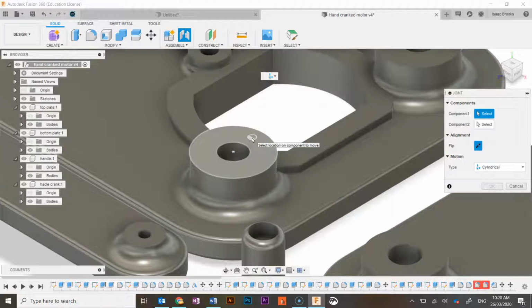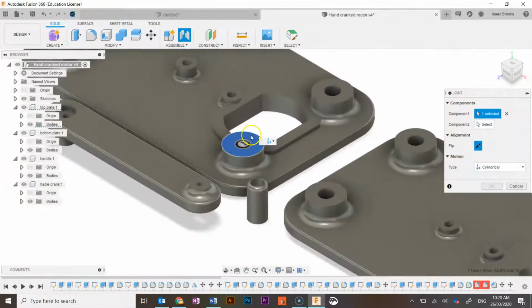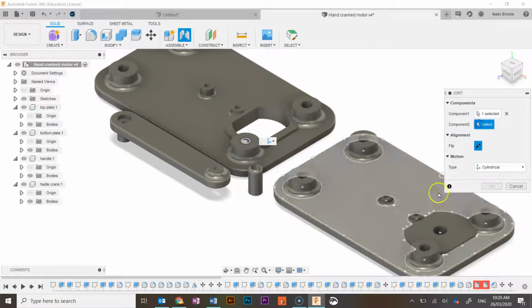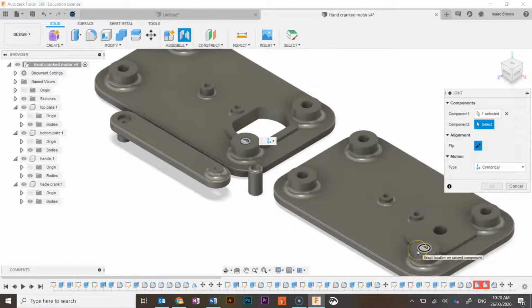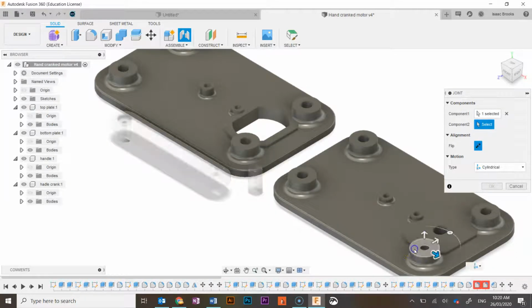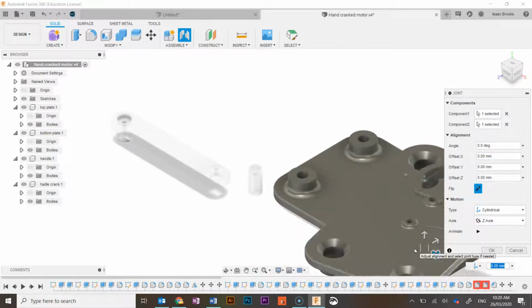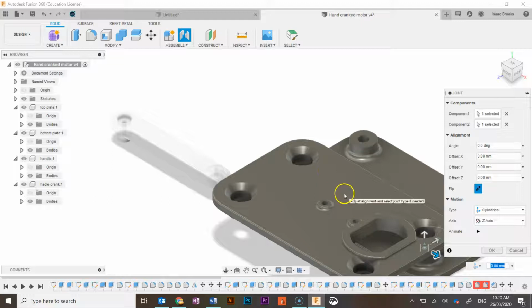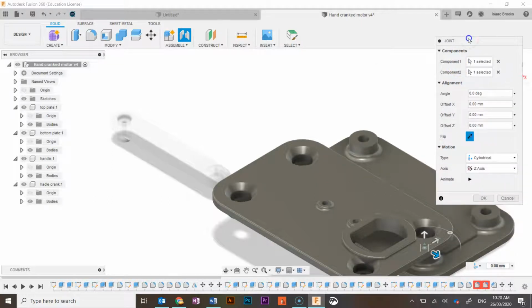If I have my first component, I select there, and then I select my second component, which I do want to join it to eventually. Select that face. It's actually done a pretty good job of flipping it. I personally find before you do it, I've put on the wrong one, but I personally find before you do